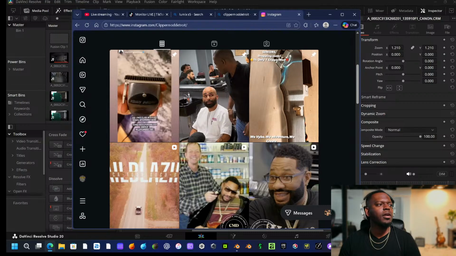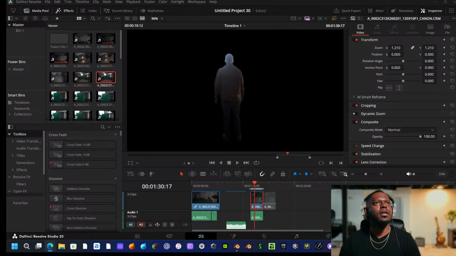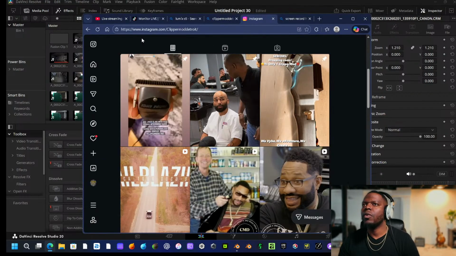And let me also figure something out. Hold on one second. I just need the screenshot or screen record hotkey. I think it's like Windows Shift S. Screen record hotkeys. Why are you taking forever to load? Okay, it is Windows Shift S. All right, so I got a couple of videos that I want to,